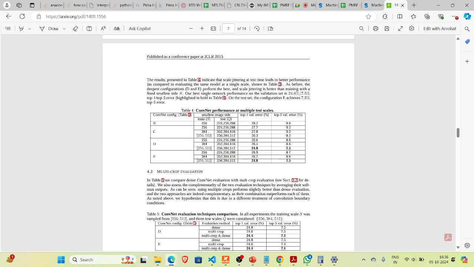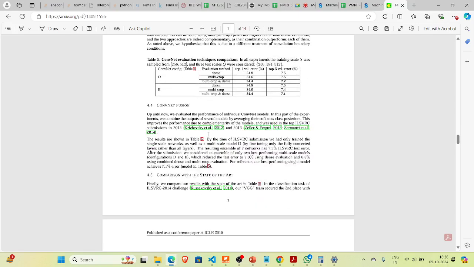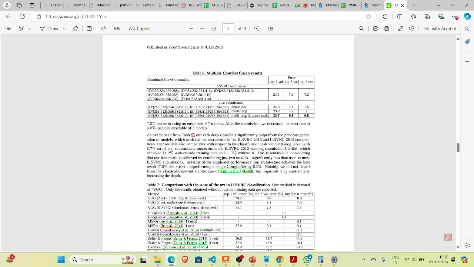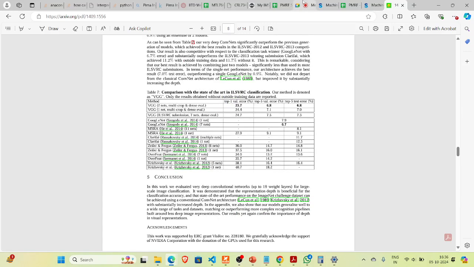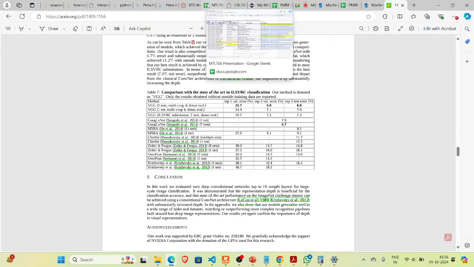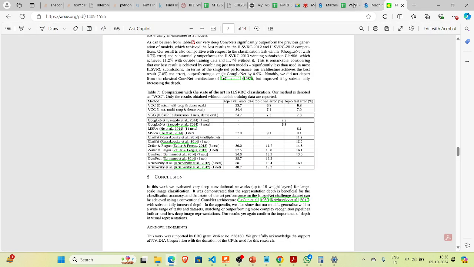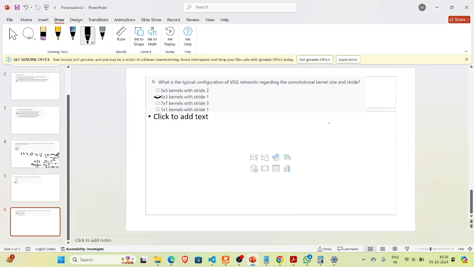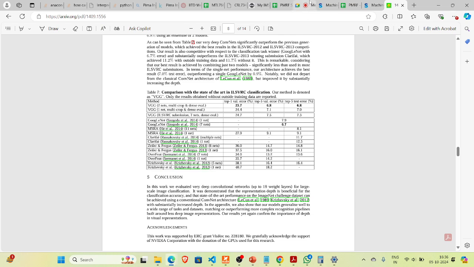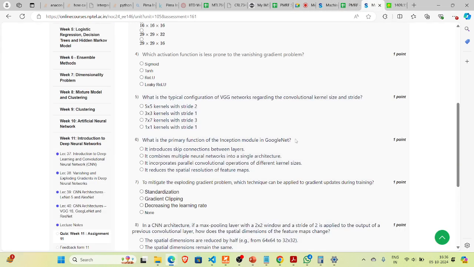So the size of the feature map is fixed. That is what I think. There's no mention as such. So the answer is this one, right? And the next, what we're having is